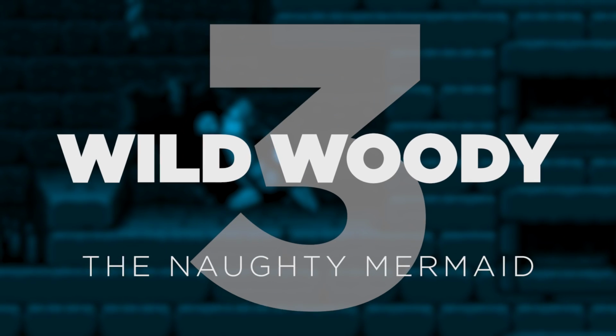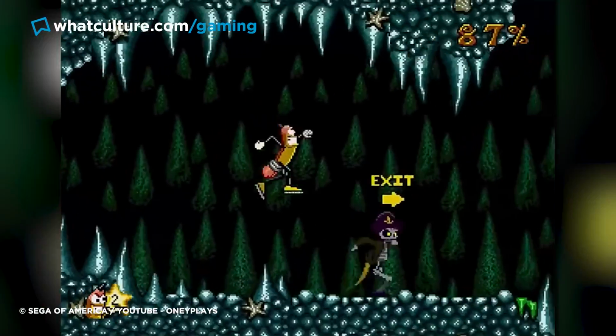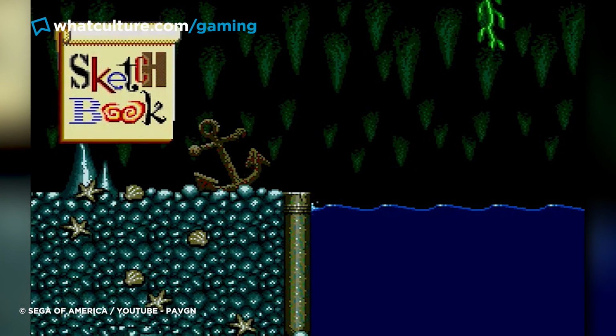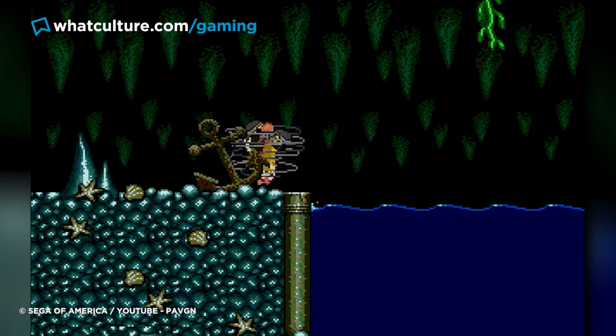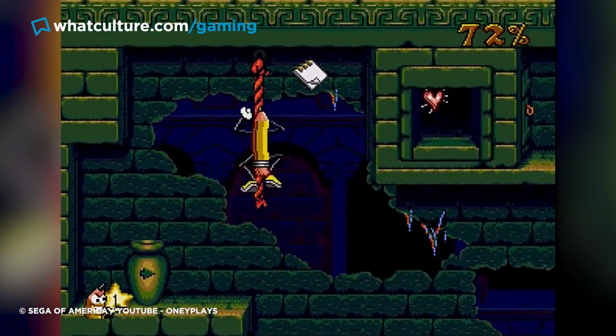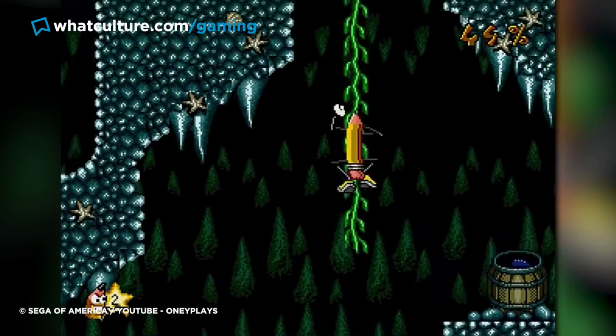Number 3. The Naughty Mermaid, Wild Woody. Cult classic Sega CD platformer Wild Woody is perhaps best remembered for its quote-unquote Naughty Mermaid cheat, which would allow players to draw a topless version of the mermaid sketch power-up featured in the game. Before you can even go about doing this though, you need to enter an additional cheat code to unlock the game's debug mode, which will in turn allow you to view map coordinates which make the rest of the cheat